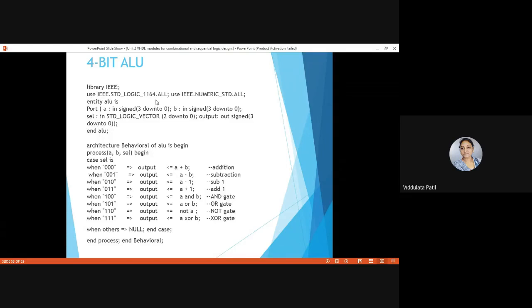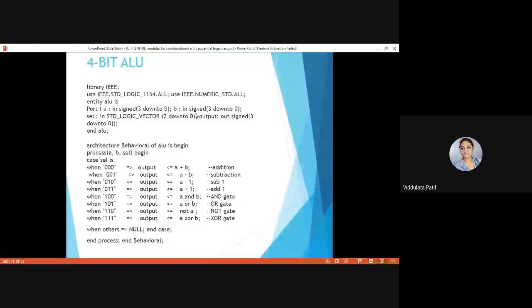Here remember that as VHDL is a typed language, you need to specify very clearly the type of all these variables, or all data types. That is why, whenever you use the signed type here, the output should be of the same type.